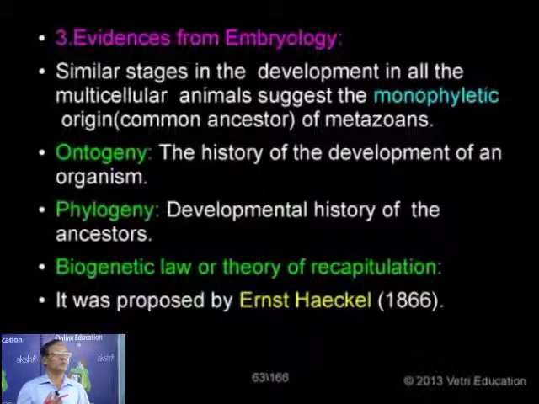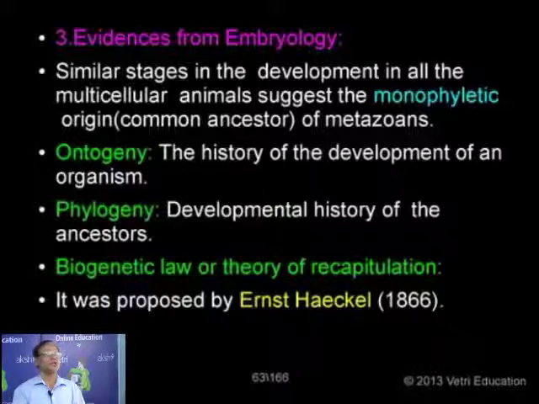For example, when we are talking about the various stages of development of us, then it is called ontogeny. What are the different stages of development, starting from zygote, after the formation of the fetus and also the child. And similarly, who are our ancestors? If we are tracing the life history of our ancestors, the developmental stages, what happened in the life history of our ancestors, that is called phylogeny. And based on this, a law has been proposed, what is called the biogenetic law. So this is also called theory of recapitulation.